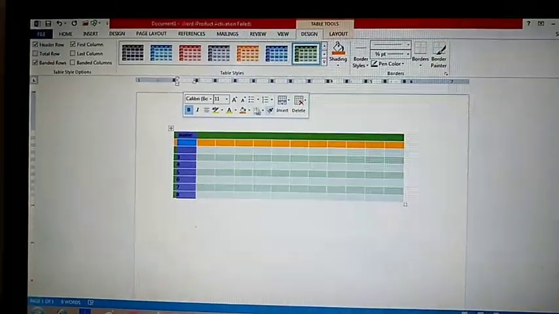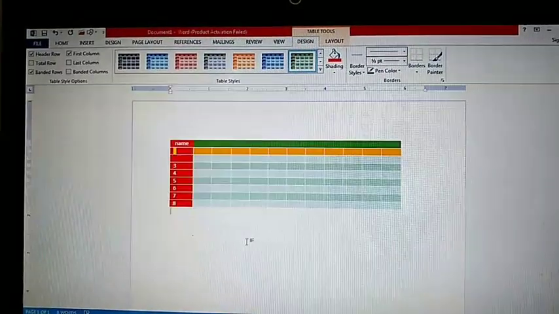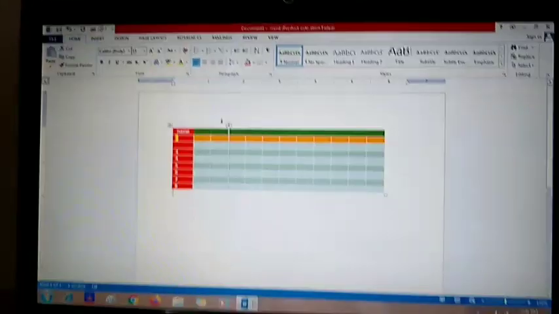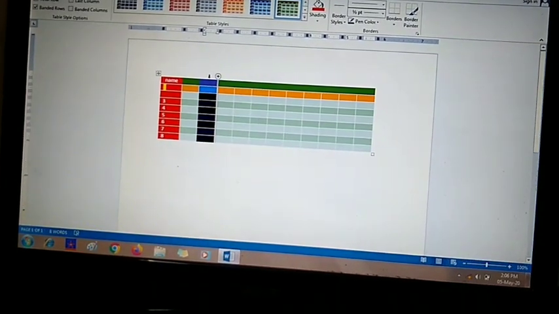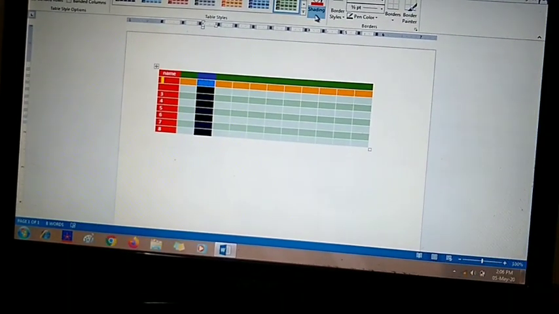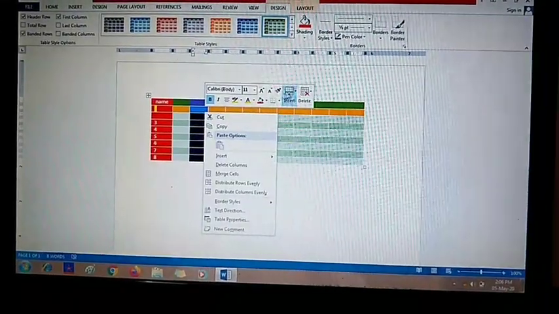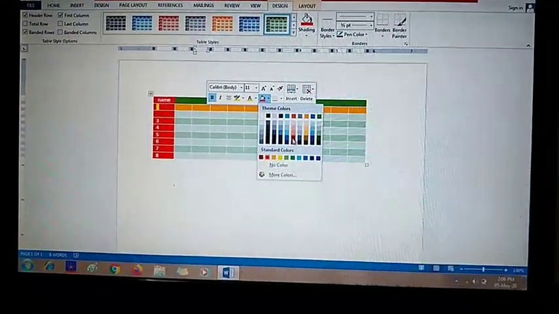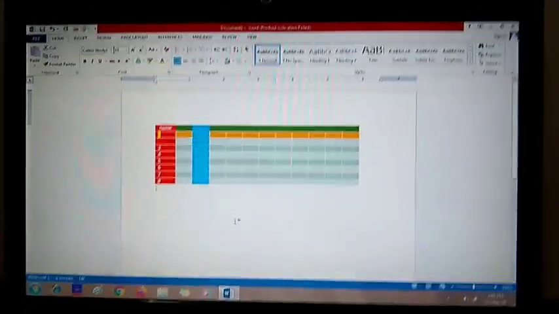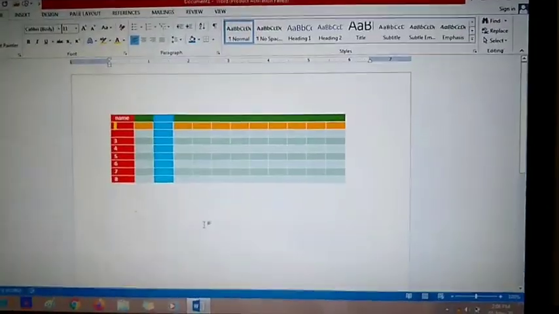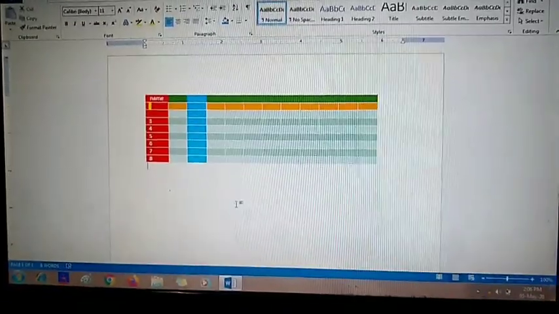Like this column I want to fill it with red color, you can make this red. Like this column I want to fill with another color, so click on this and choose the color, any color which you want to fill. So like this you can fill colors, you can change the formatting style of your table. This is known as formatting, changing the appearance of the table.